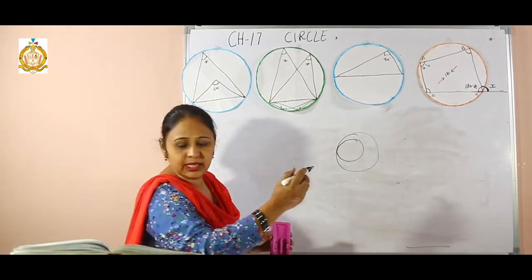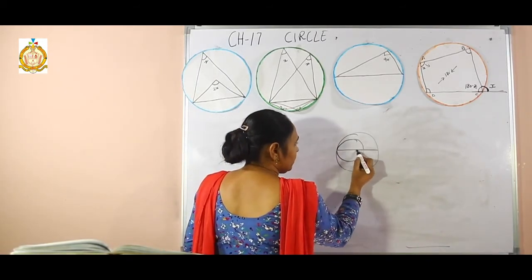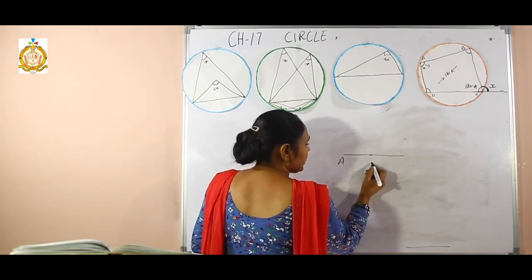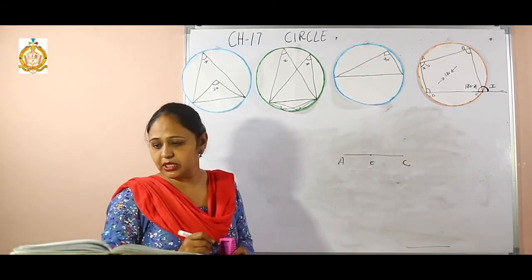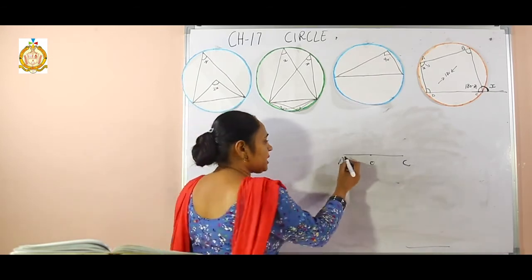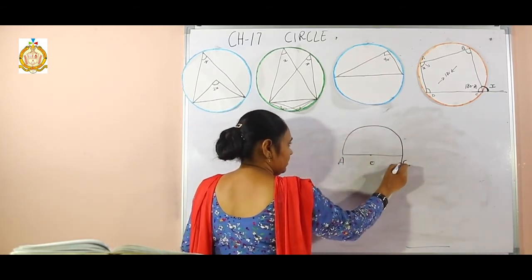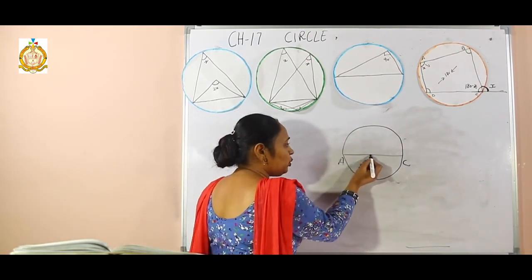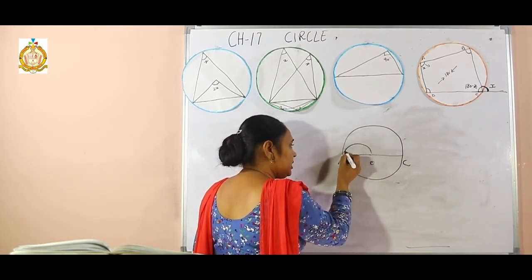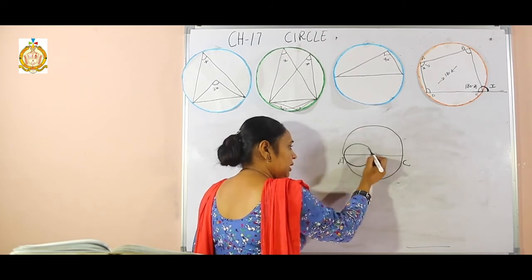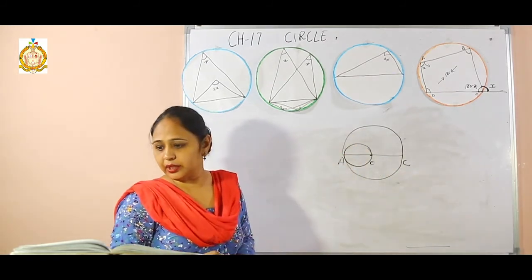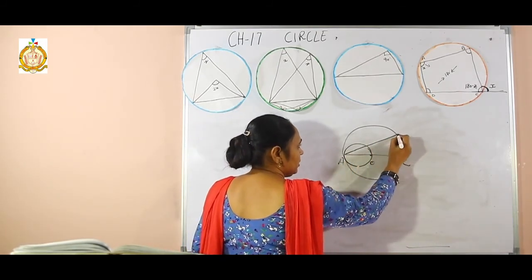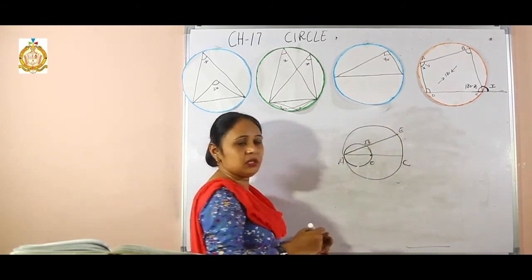In this given figure, there is one AOC, like this one. A, this is the center point O, this is the C point. One diameter is given. On this there is an outer circle that passes through it. Okay. Then another circle passes through O, this point. That means the radius of the outer circle becomes the diameter of the inner circle. This passing point is the same. Then there are points B and E. Here a chord like this one, B and E. This is our given figure.